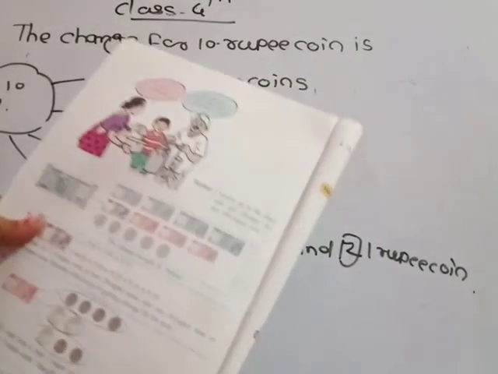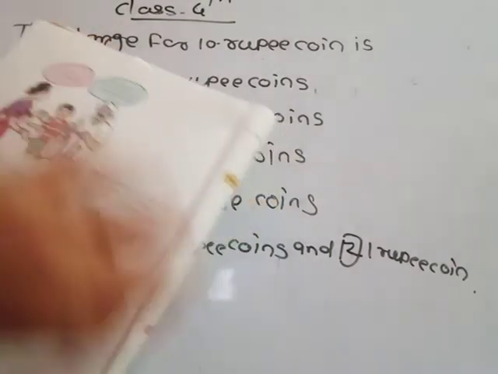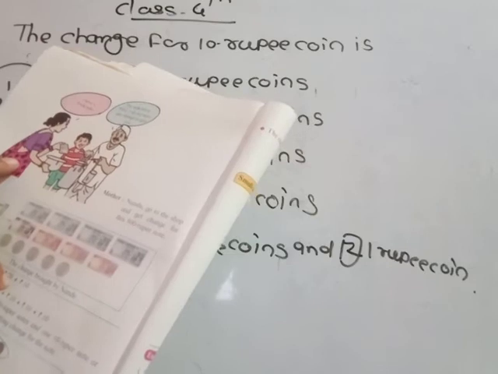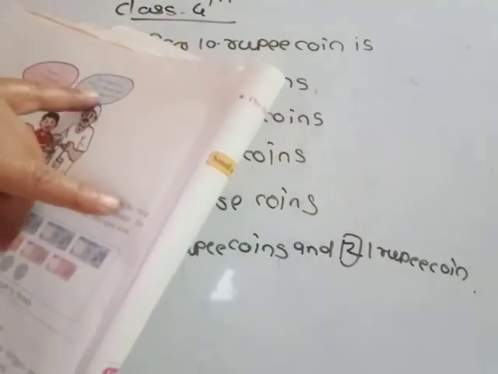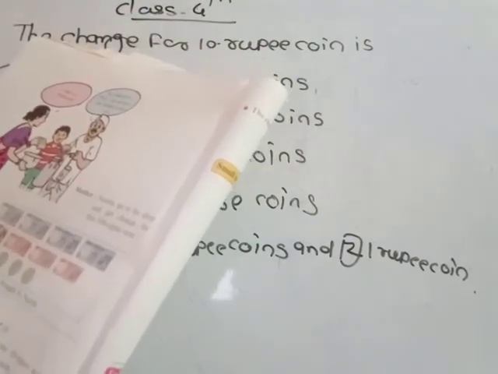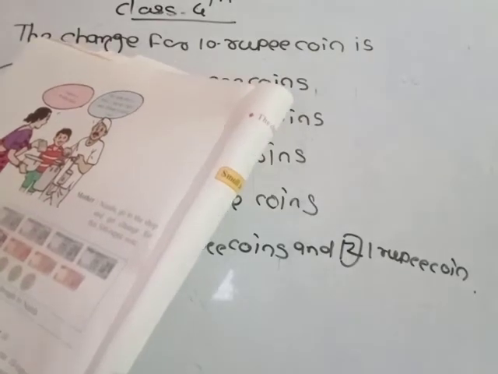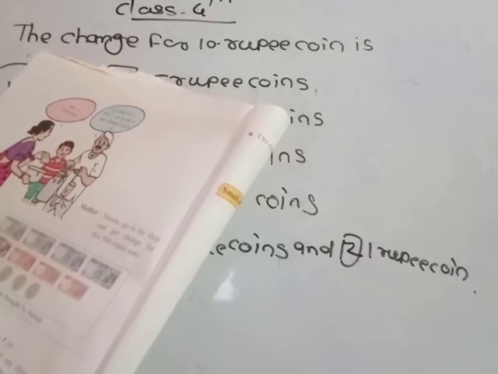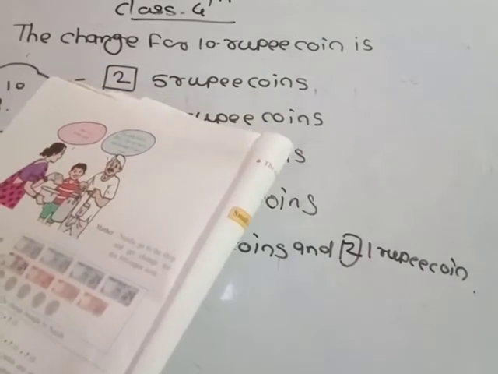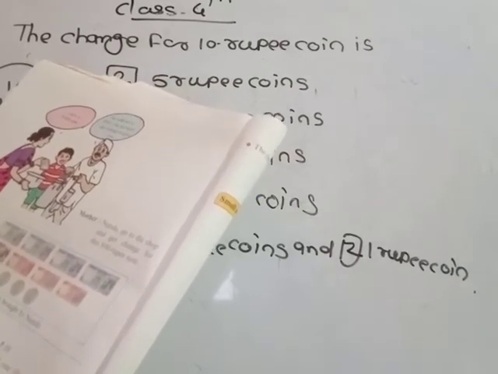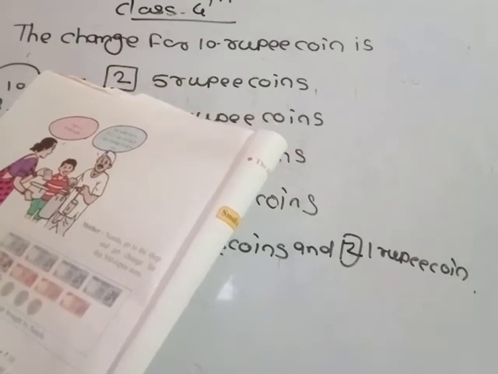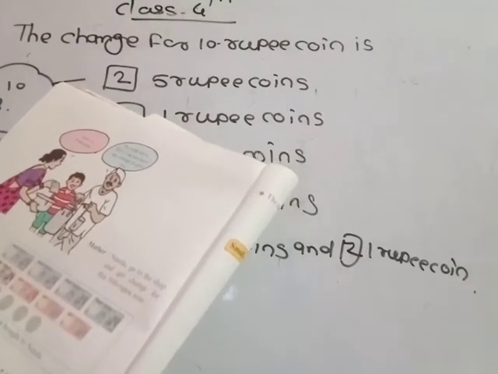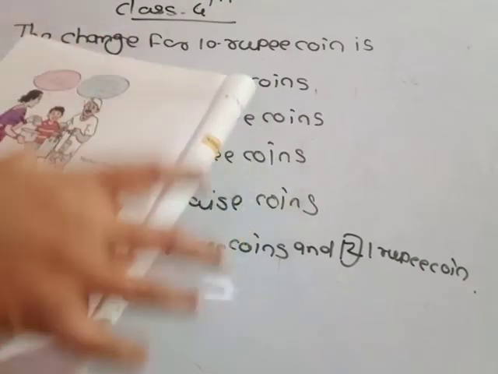I have a 500 rupees note. This lady has a 500 rupees note. The milk bill is 452. The milkman said, your milk bill is only 452 and I do not have any change to give you. Nandu, go to the shop and get change for a 500 rupees note.